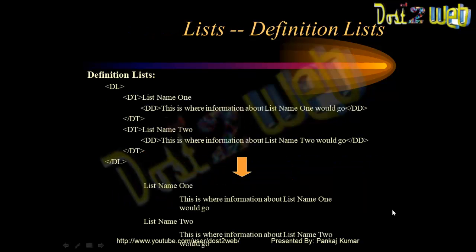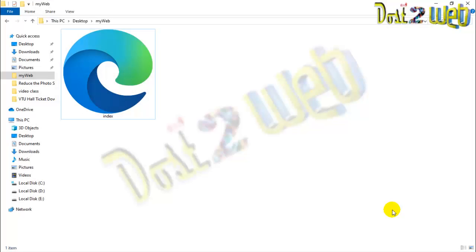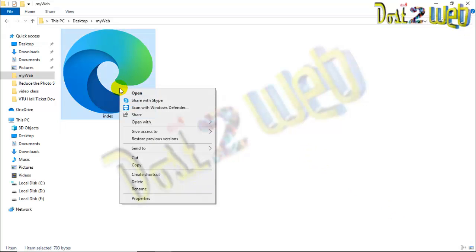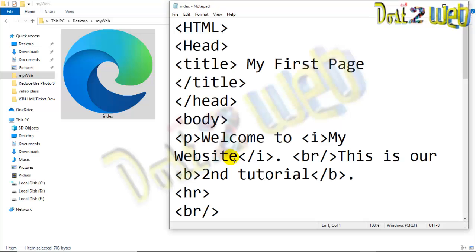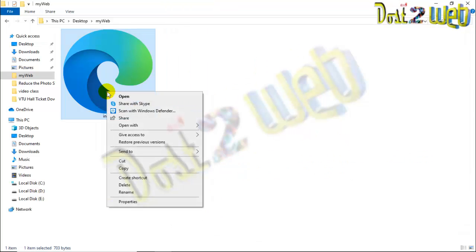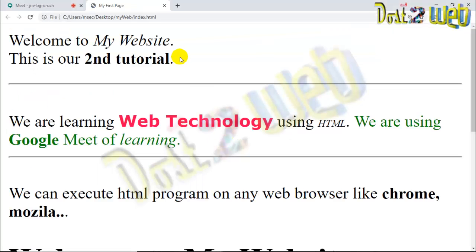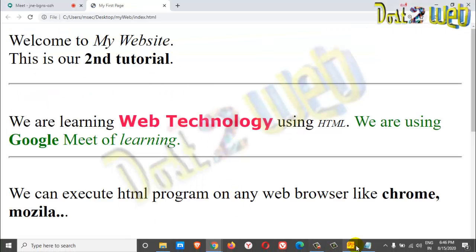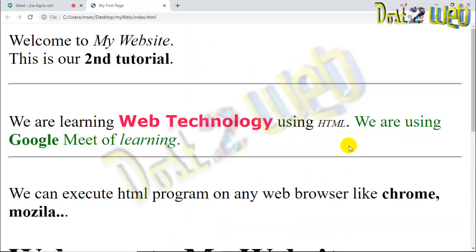So everyone, what do you do? Similar to yesterday, whatever code you have used, open that code with your notepad editor. So what we want now, this was yesterday's session.